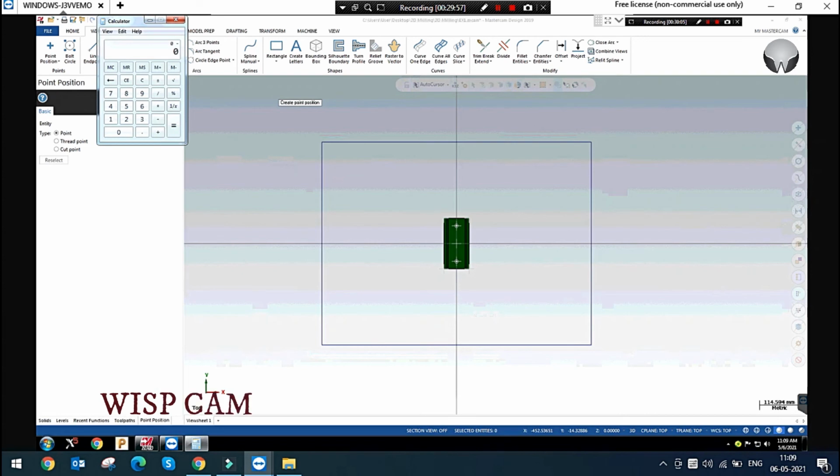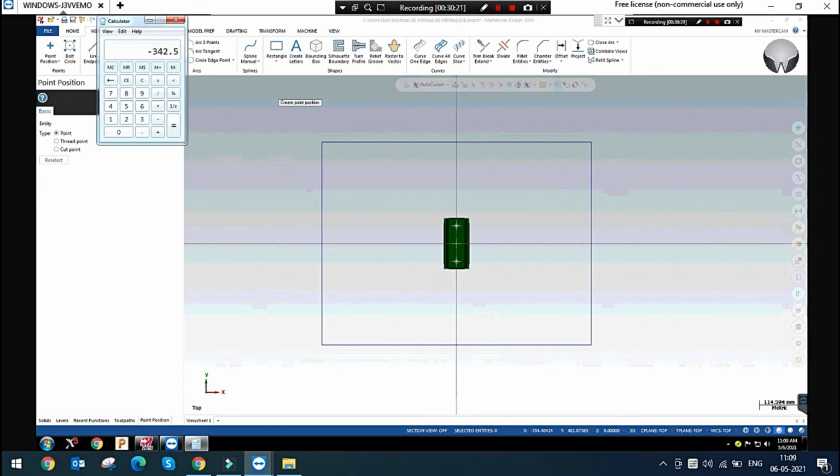Minus 400 plus 20 mm, this is my offset, 380, and minus plus 37.5. This is my offset for the center position of this part.